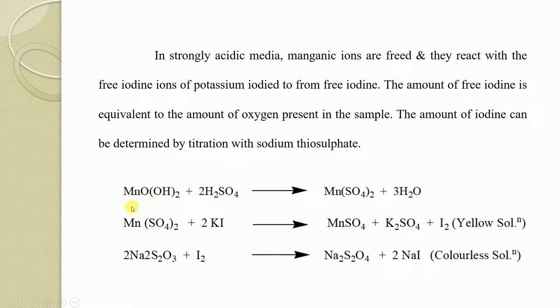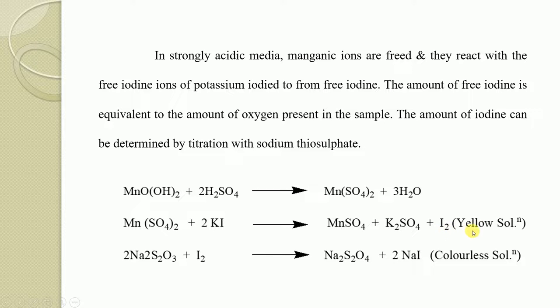Here we have already learned in the previous slide that manganese oxyhydrate, if given an acidic medium by addition of a strong acid, is going to convert into manganese sulfate, and in presence of the potassium iodide and azide solution, it is going to form free iodine,